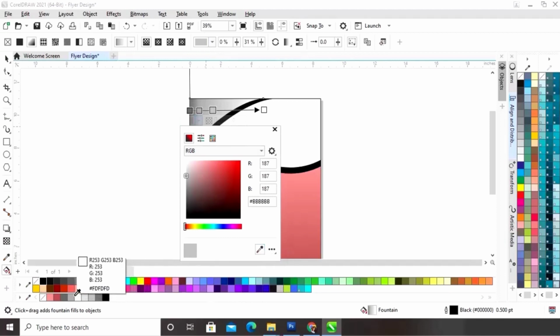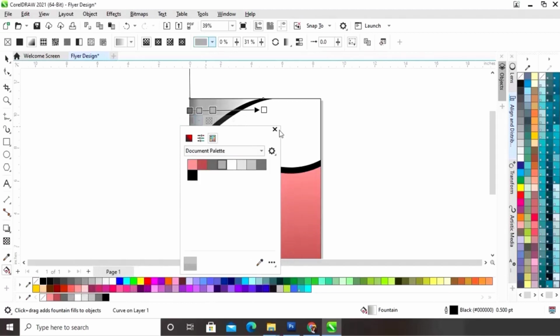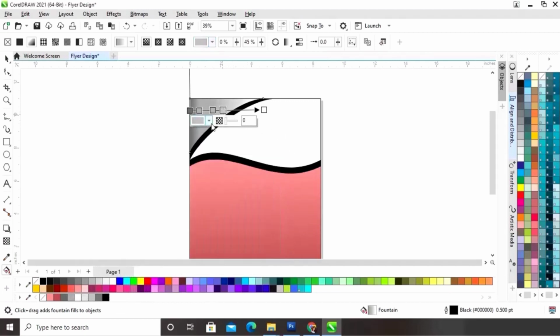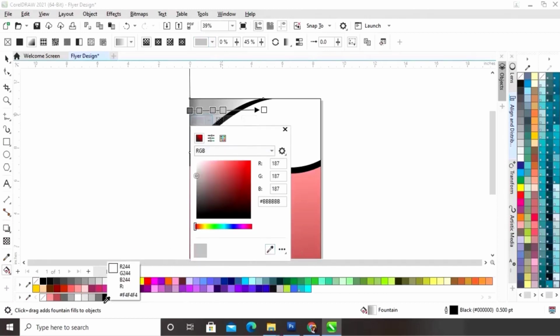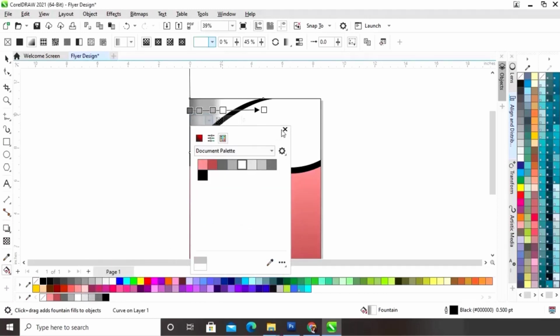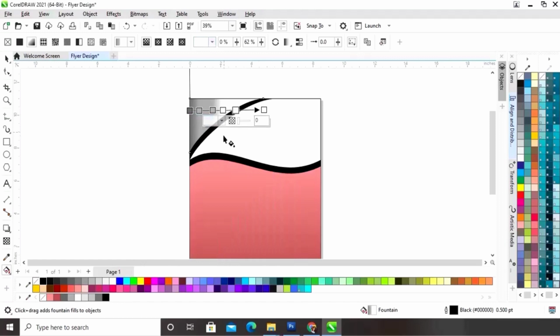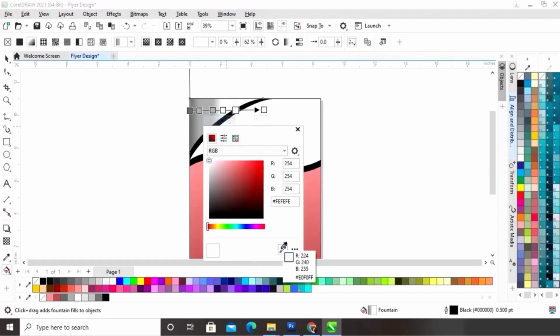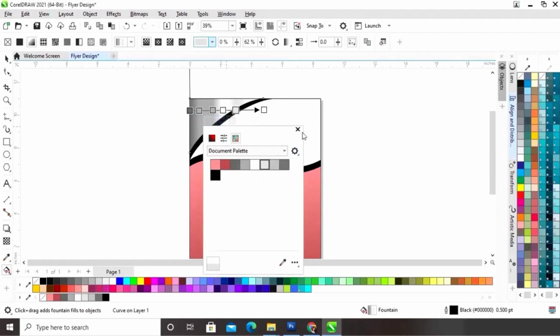By double click we can add the color. We will make a silver gradient here.